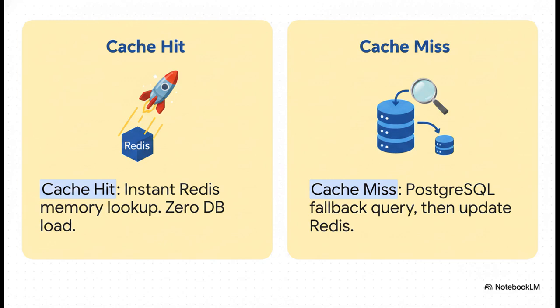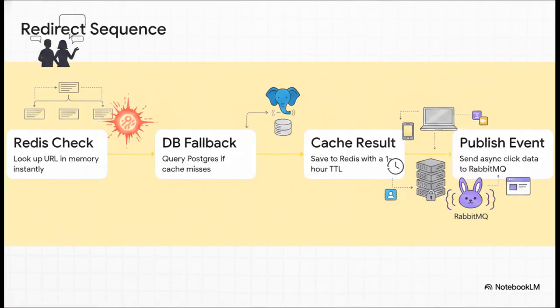That way, the next person who clicks that link gets the express lane. So the flow is simple. Step 1, Redis check. Step 2, Postgres fallback if we need it. Step 3, cache the result. But hold on, look at step 4,